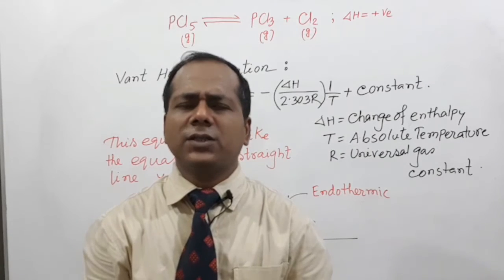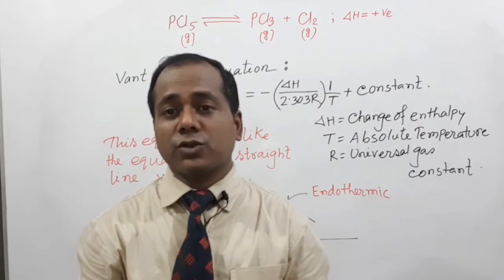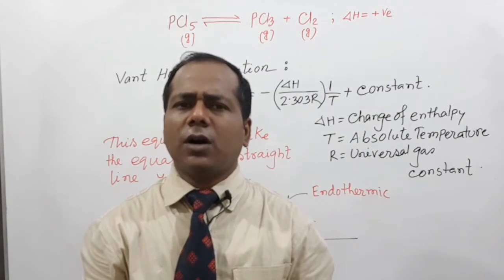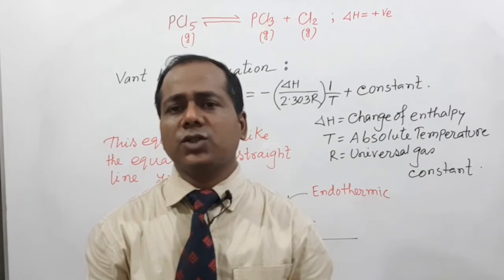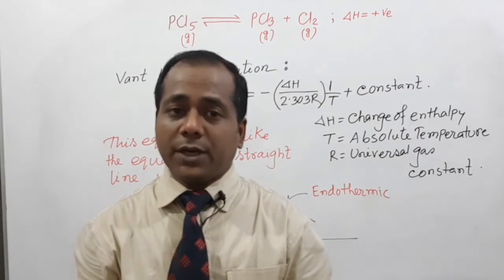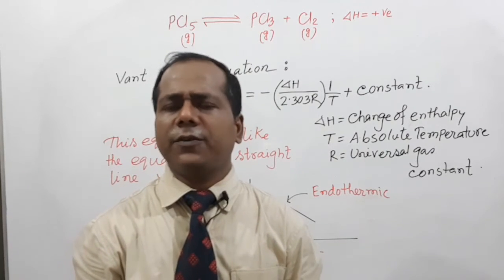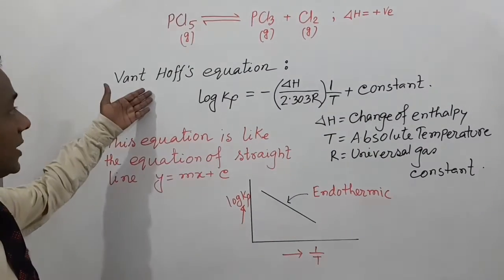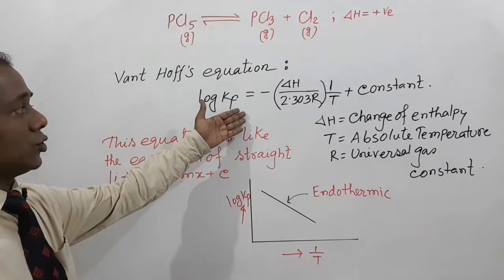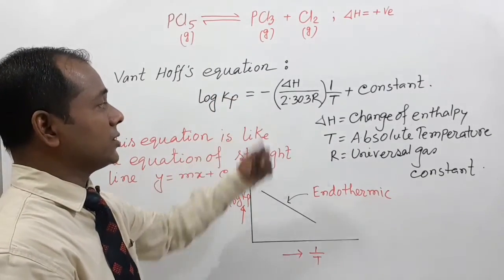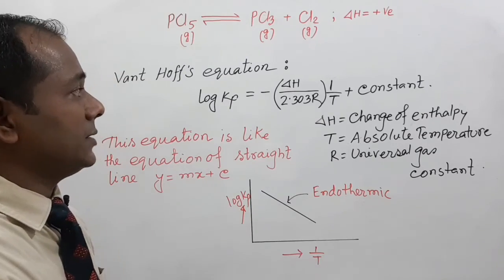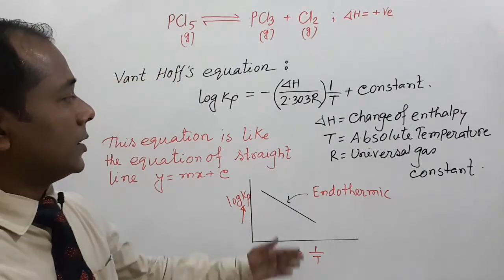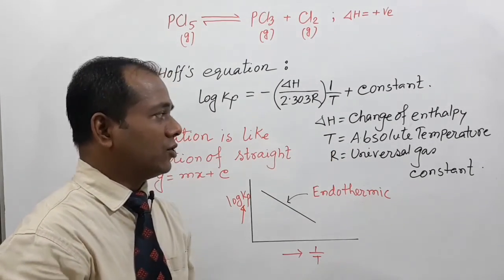We know that temperature has effects on equilibrium constant for a reversible reaction at equilibrium. Due to the temperature increases or decreases, equilibrium constant changes. The Van't Hoff equation explains the effect of temperature on equilibrium constant, my dear students. Here this is the Van't Hoff equation, log Kp equal to minus del H divided by 2.303 R into 1 by T plus constant. Here del H is the standard change of enthalpy, T absolute temperature, and R universal gas constant,